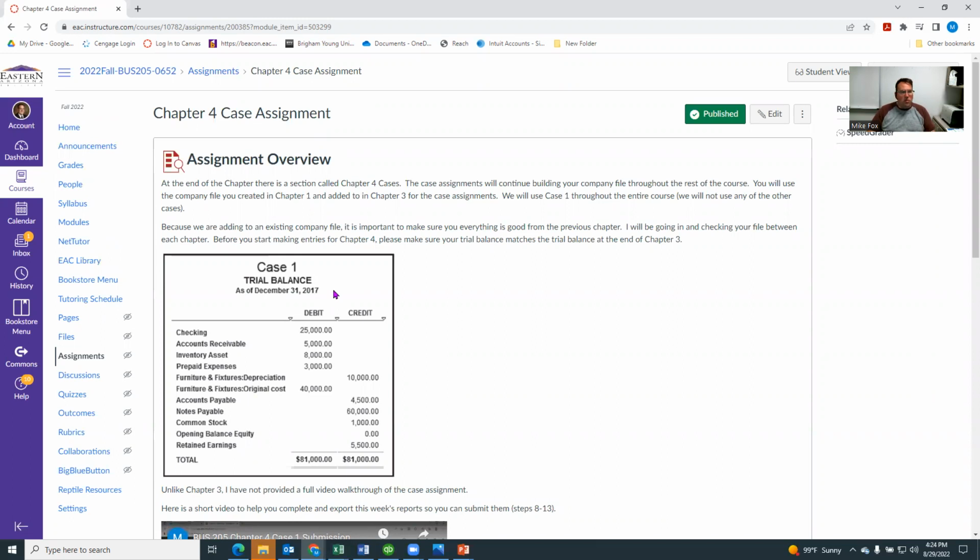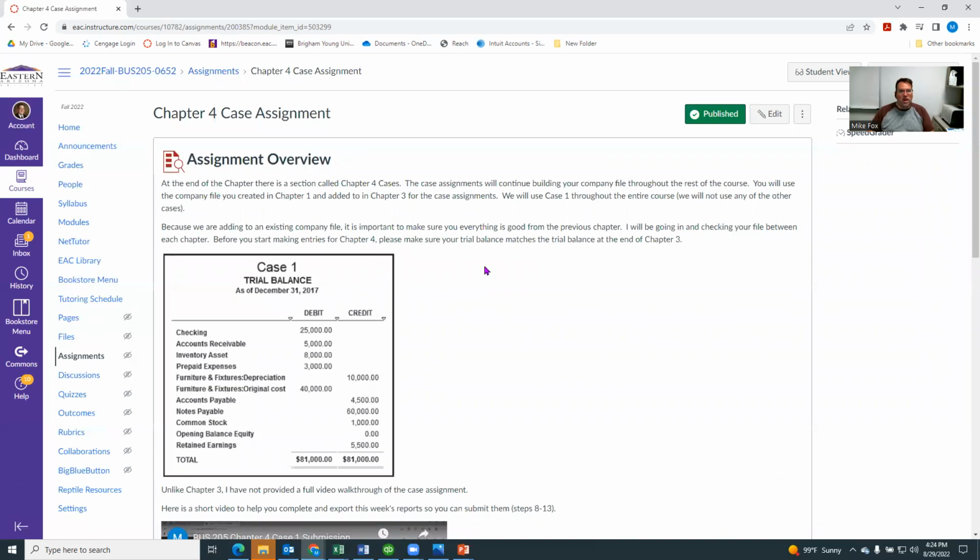I'll be checking your company files as you submit your assignment, but double check and make sure your trial balance matches what it should be at the end of Chapter 3, which is given to you in the Chapter 3 case. Make sure it matches that before you start